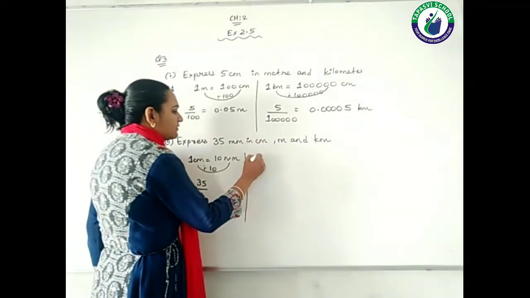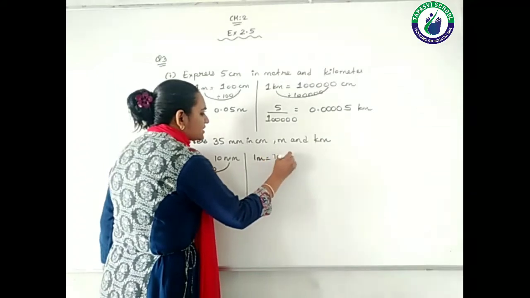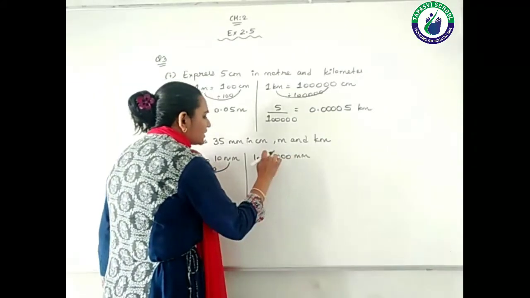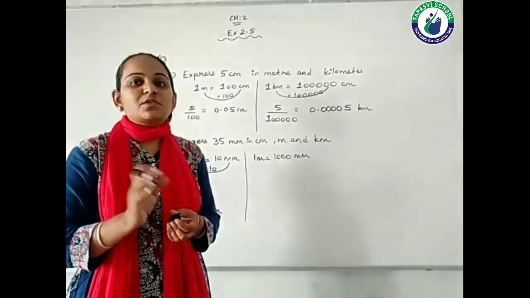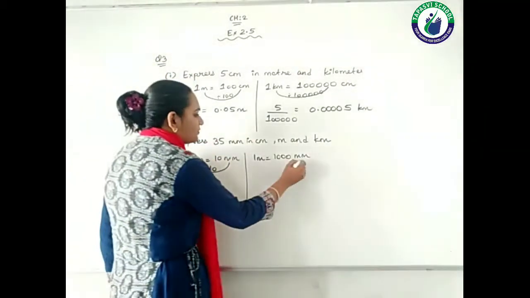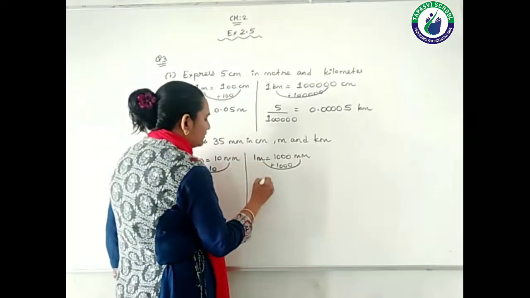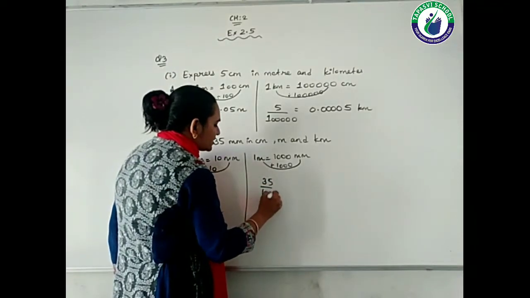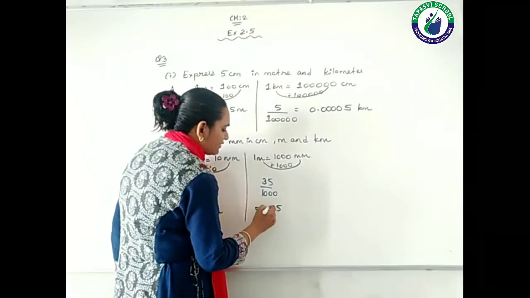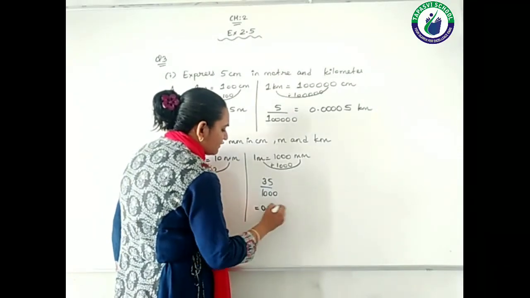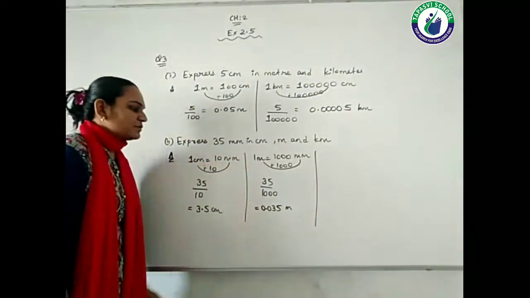Next one, I need to convert this millimeter into meter. So 1 meter is equal to 1000 millimeter. Meter and millimeter have a relation of 3 jumps, right? So now millimeter needs to be converted into meter. So divide by 1000. So 35, if I divide by 1000, students, I get, see there are 3 zeros and 2 digits. So still we require 1 digit. So we'll put 0. Is it clear? So 0.035 meter.